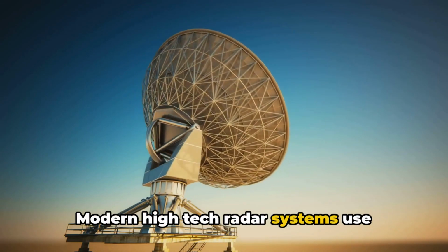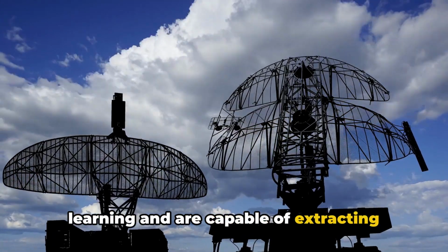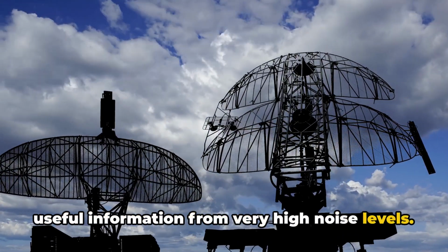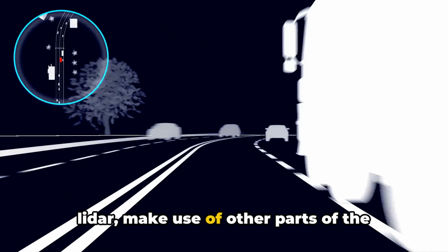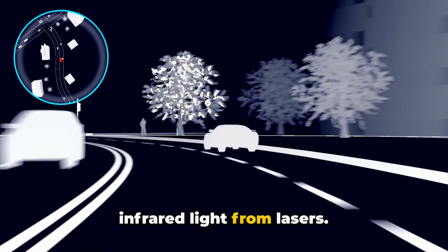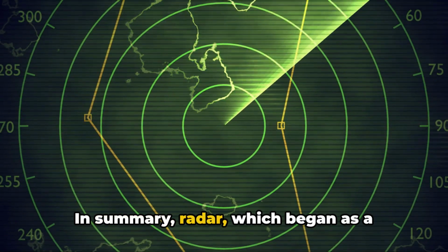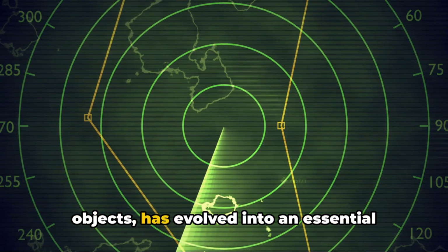Modern high-tech radar systems use digital signal processing and machine learning and are capable of extracting useful information from very high noise levels. Other systems similar to radar, like LiDAR, make use of other parts of the electromagnetic spectrum, predominantly infrared light from lasers. In summary, radar, which began as a simple system for detecting metallic objects, has evolved into